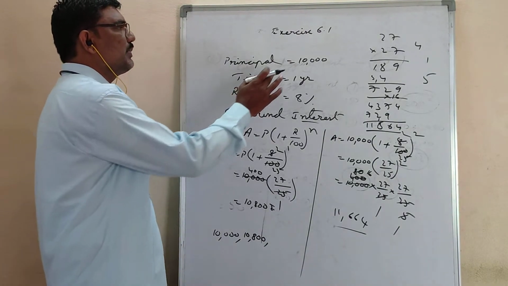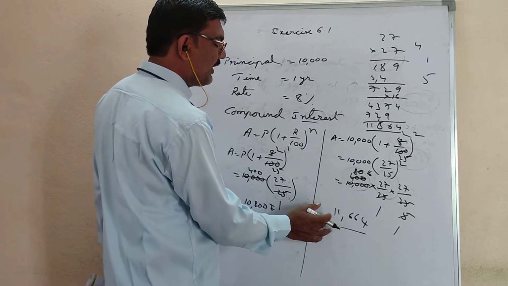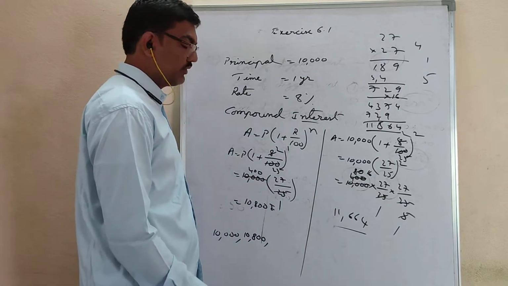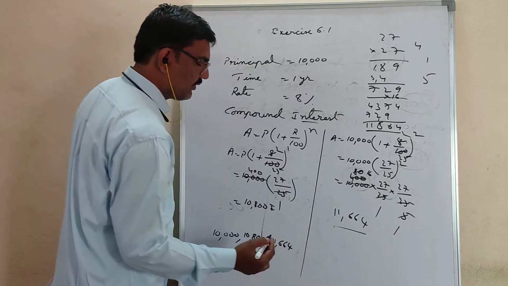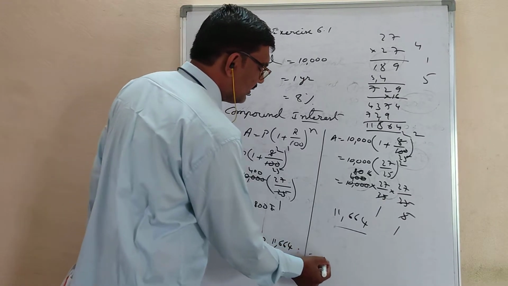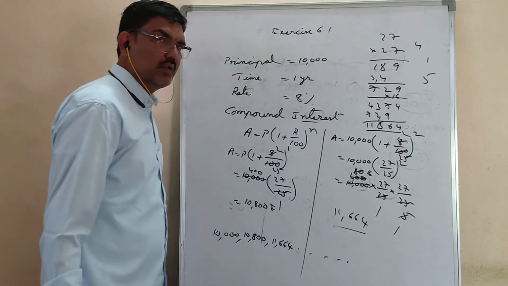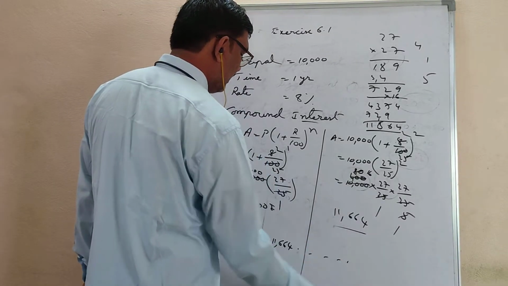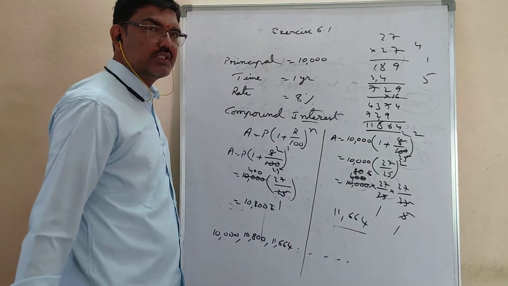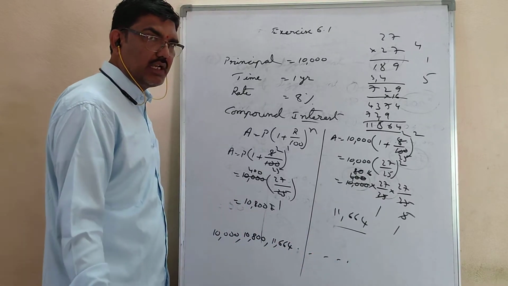So this principal, if you keep 2 years, the amount becomes 11,664. Now here I have written 11,664, etc. So in place of n, if you keep 3, you will get one more number. If you keep 4, you will get another number. Like this, if you go on, you will get some amounts. So do these amounts form an AP or not? If you want to check,